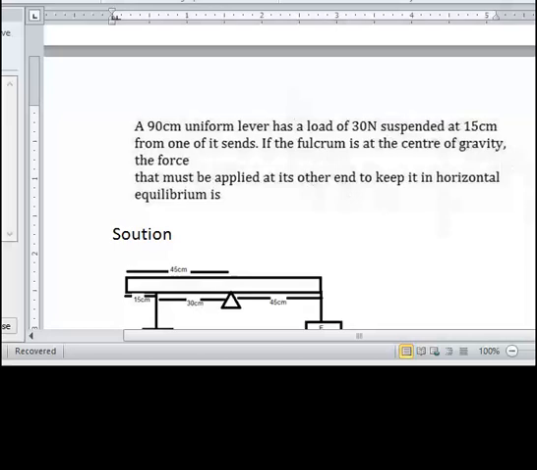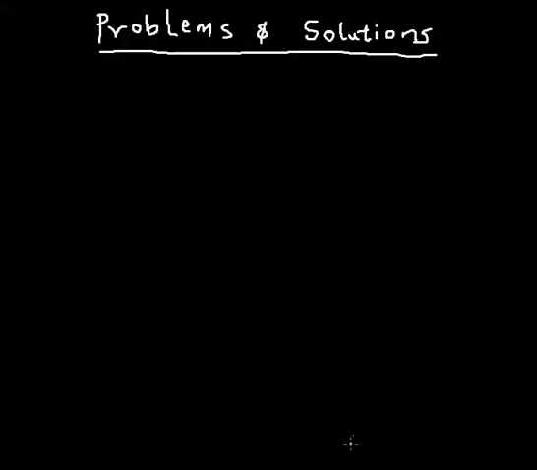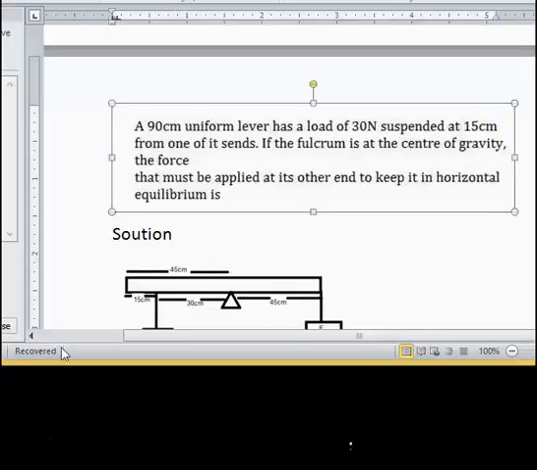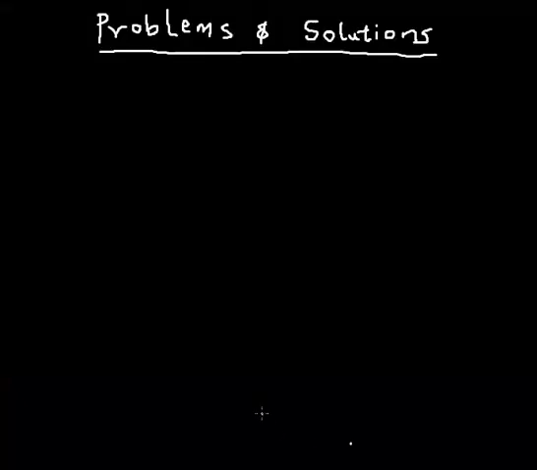Here we are going to be looking at questions, okay? Problems and solutions. So I have the very first question here. It goes like this: A 90 cm uniform lever has a load of 30 newtons suspended at 15 cm from one of its ends. Okay, so this is the end. So we know very well that